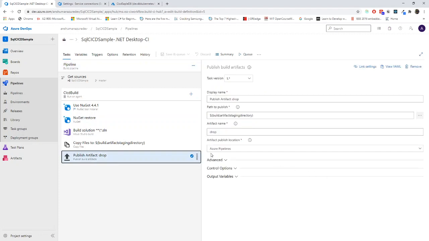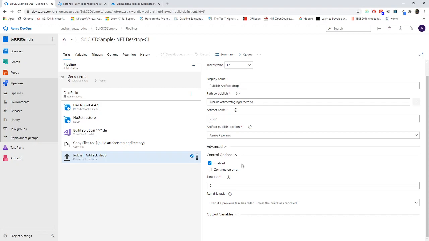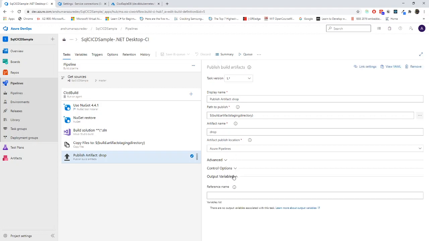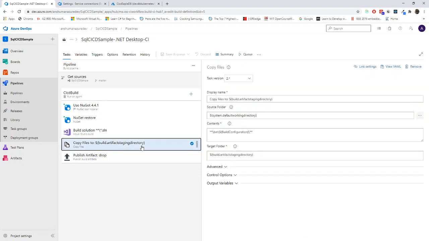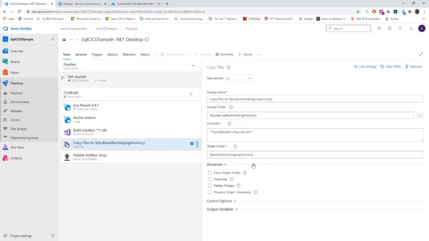Publish artifact, artifacts drop location. Now this thing I have to tick mark, what exactly it is showing: replacing the existing file in the target folder.